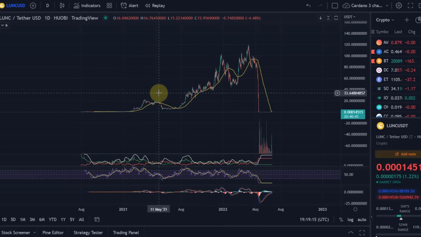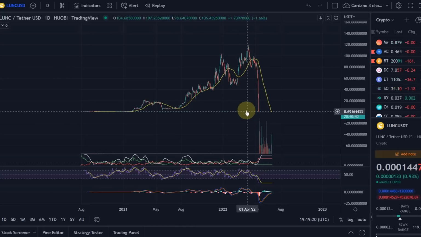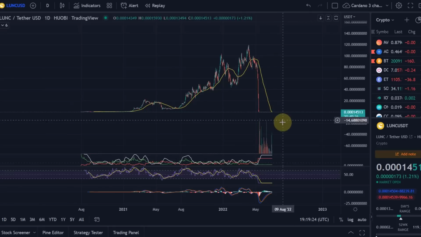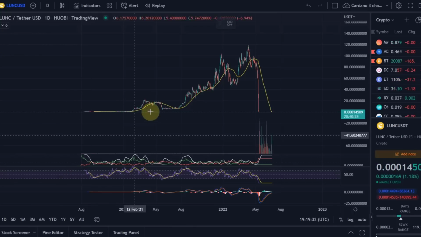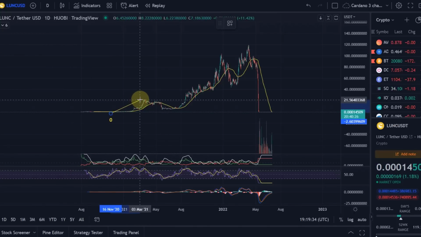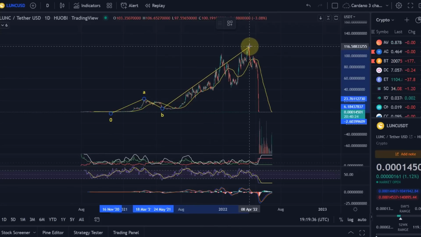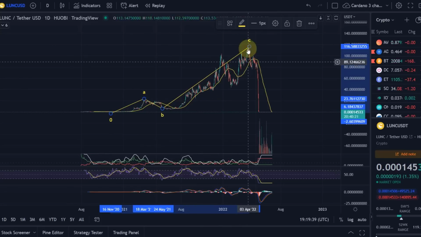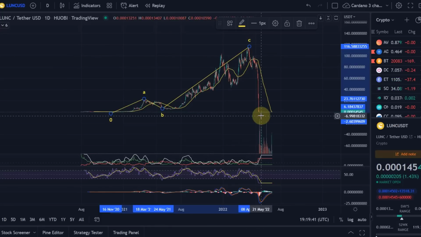So we can count this, obviously looking back, for everybody who's interested. It doesn't matter that much now because we are going to go into the lower level wave count here of the Luna Classic token or coin since the rebirth. But for anybody who might ask, that's why I just want to show you here. We had here a wave A, a wave B, and all of this was a wave C, and then an impulse down 1, 2, 3, 4, 5, right? And it crashed basically to below start price.